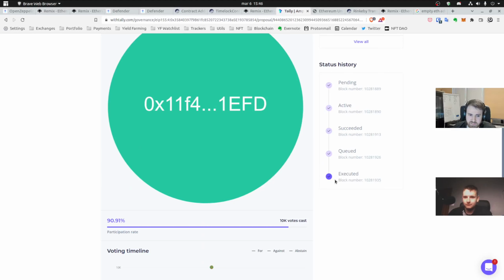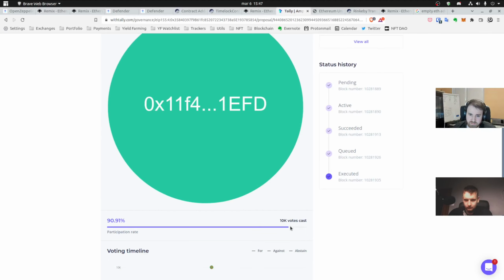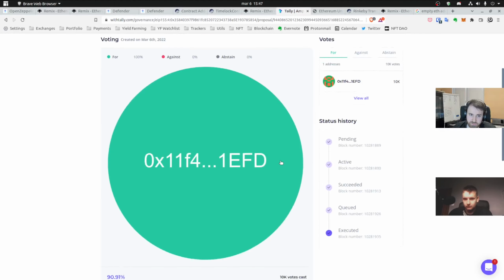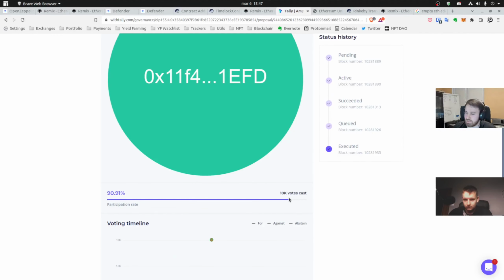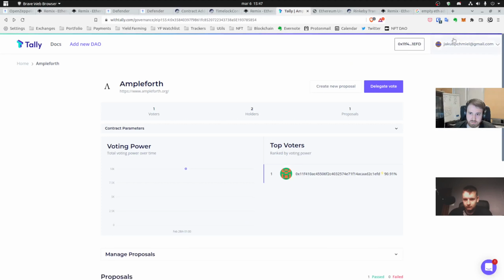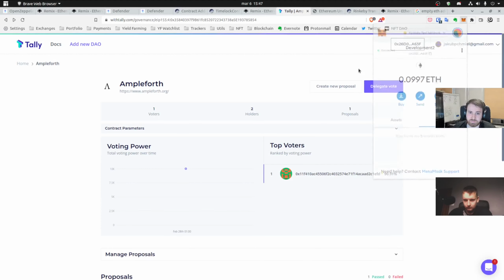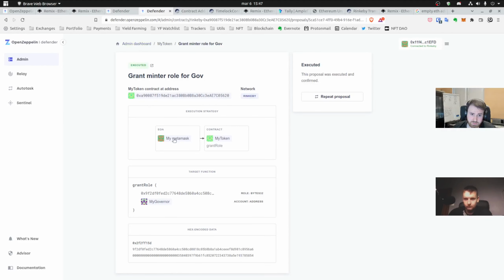Oh, okay, so it says it executed. I think the previous screen is not showing the right status yet, but we can see a strange thing happening, which is the participation rate is not full, and it probably means that the tokens for our second MetaMask were already minted. So we can check if our MetaMask got all of the tokens. To do that, we can use OpenZeppelin and copy the ERC20